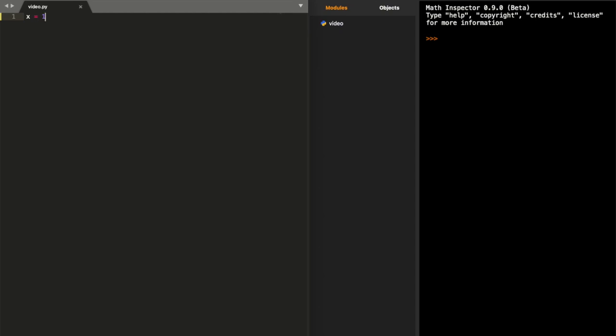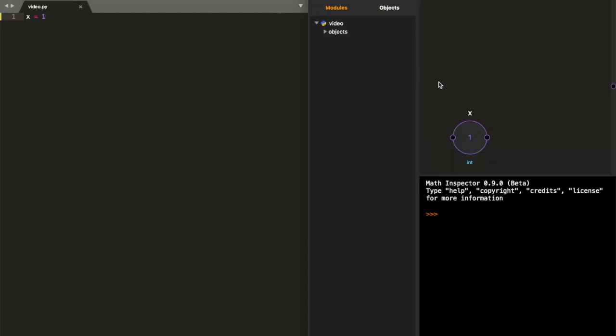So like before, let's create a variable x equals 1 and save the file. And we can see that x has appeared. And we can also say add 2 to x like this. And we can see that its value has changed and been updated to reflect that. And if we then change this, it's going to go back. And so each time we save the file, all the changes get updated in the node editor, and everything is